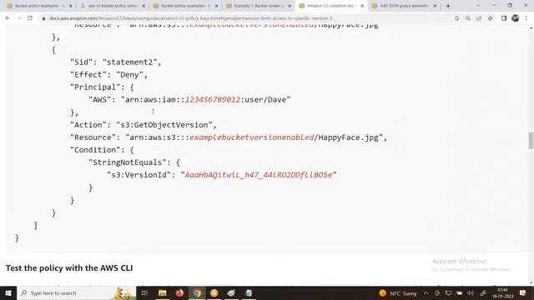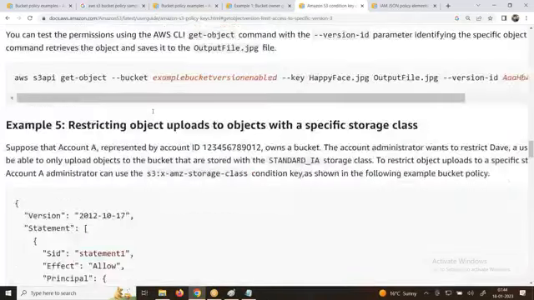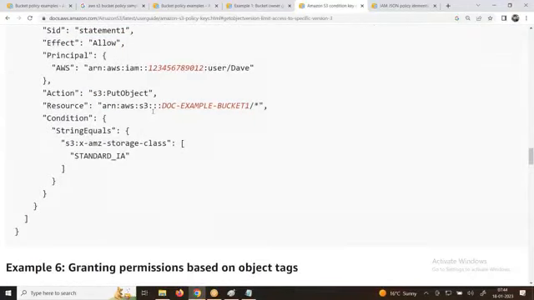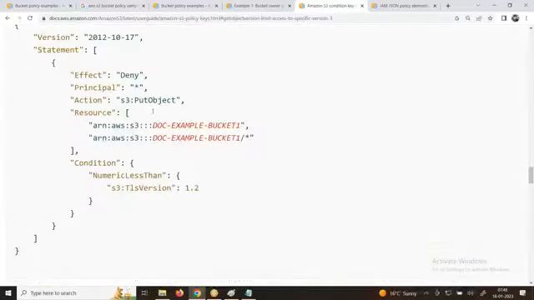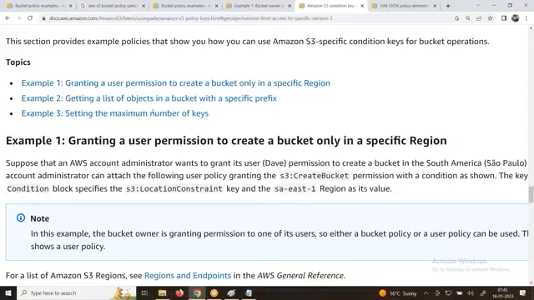But what is the condition? I can go and provide a condition. He cannot get this particular version ID. If this version ID is equal to this one, he cannot go for it. Multiple conditions are there. For your example, I can do much better examples here. Let's take an example of a bucket specifically. See here, sir.